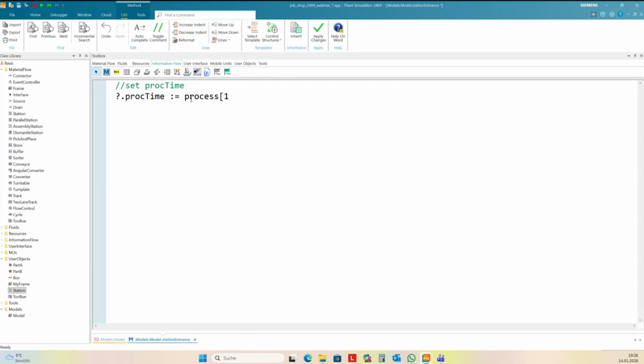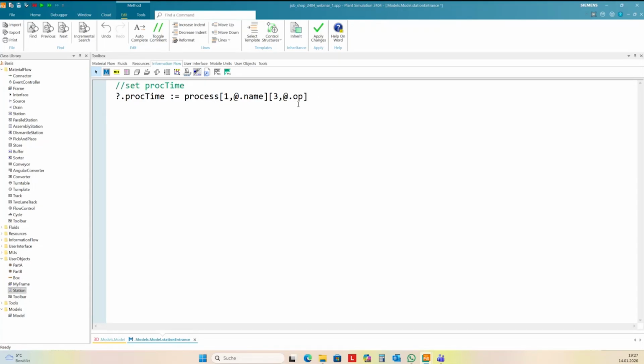The first column, and at point name, this is the row I want to address, and then inside the subtable, it's the third column and the operation number I get from the attribute OP in my part.